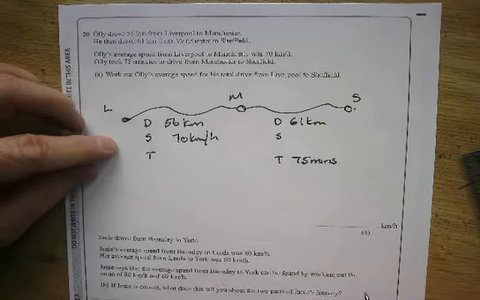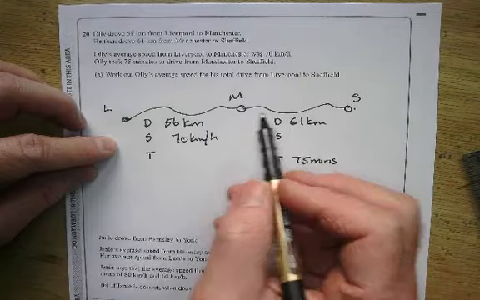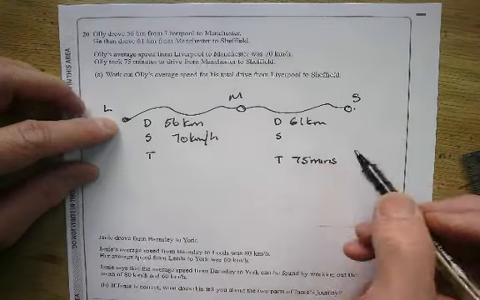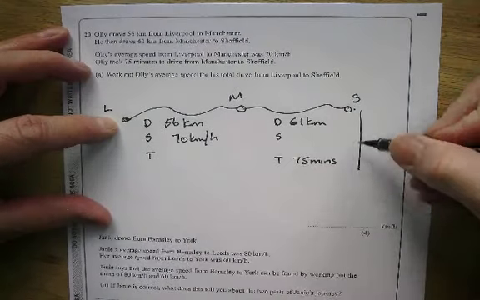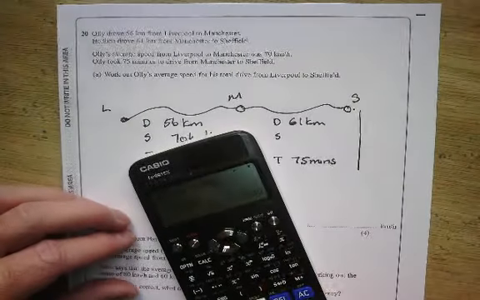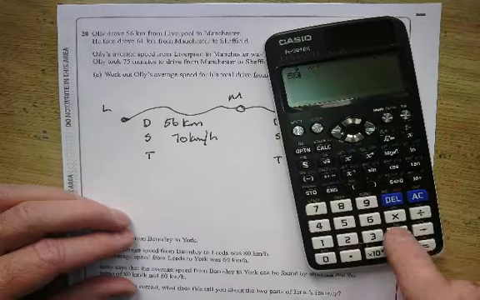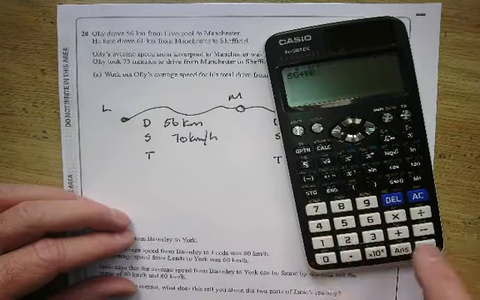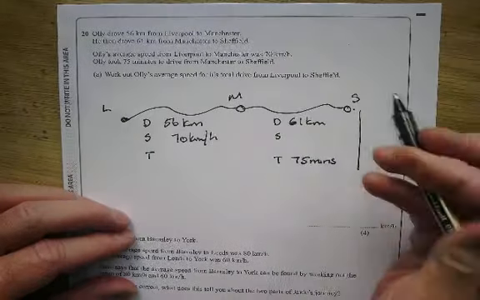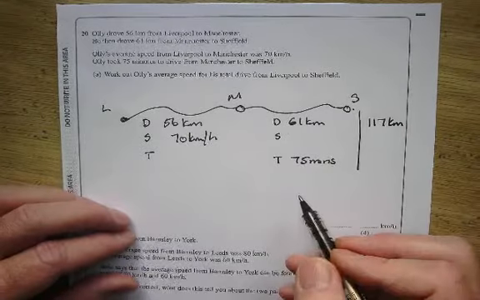So I've got my setup here, and it then says work out Ollie's average speed from Liverpool to Sheffield. Okay, so for his average speed, I have to work out the total distance, which I can do by adding those two. So it's going to be 56 plus the 61. So I know I've got a total distance of 117 kilometres,